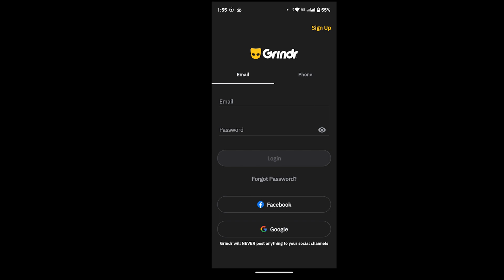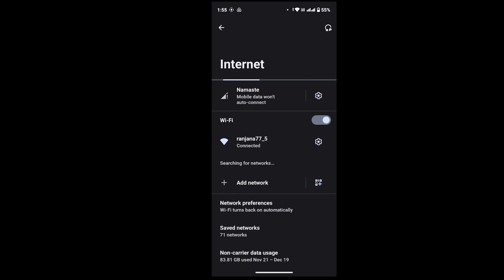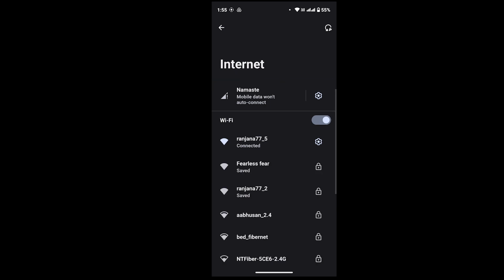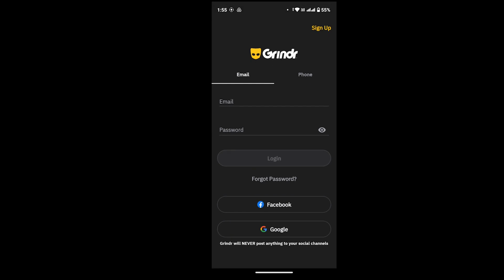So first one, you can change your internet IP address by switching your Wi-Fi to another Wi-Fi. For that, go to your Wi-Fi and then try connecting to the other Wi-Fi and try to log in to your Grindr account again. If that doesn't help, you can just simply use your mobile data and then try logging in again. And then the best option to change your IP address must be downloading a VPN on your